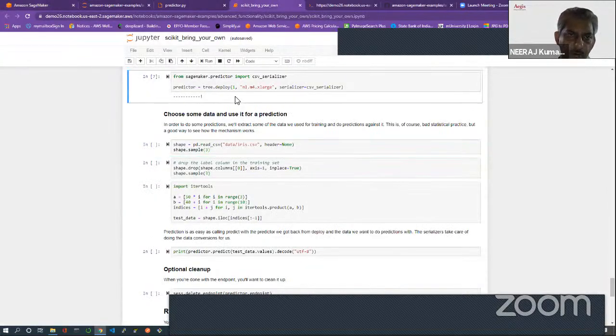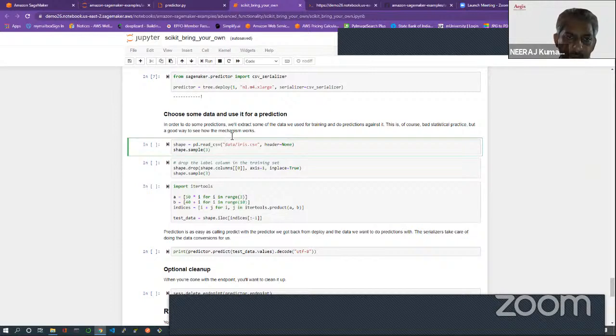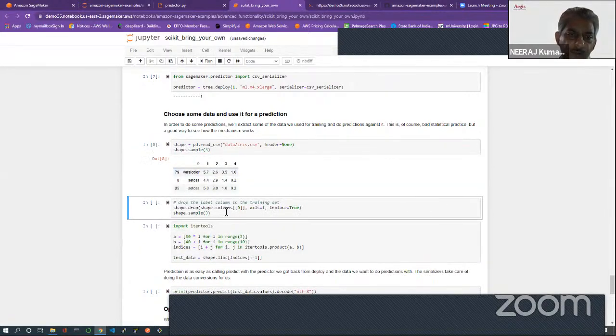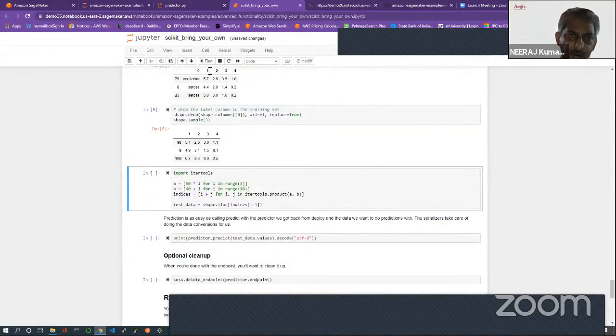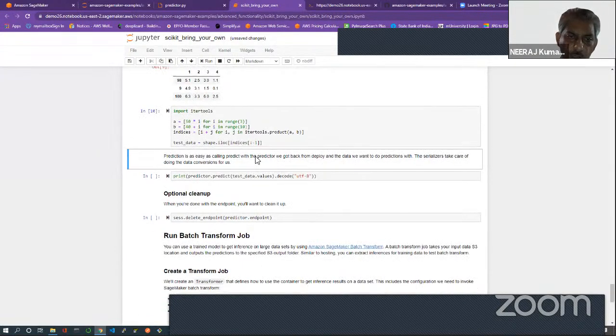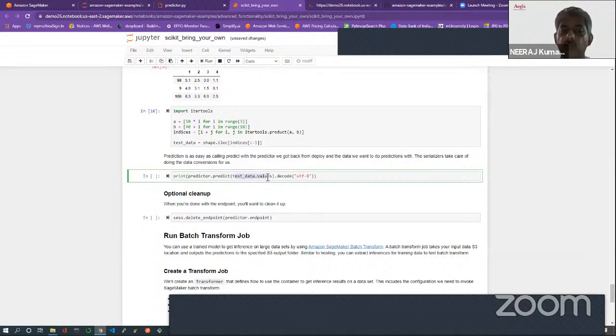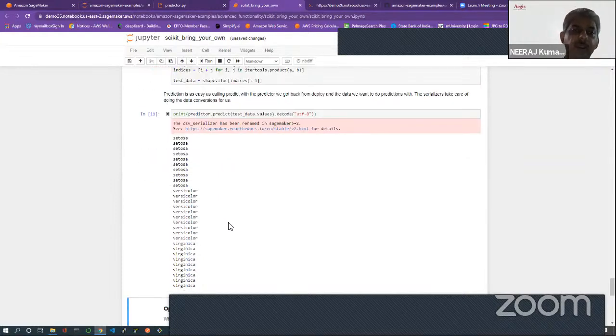Now it is done. Right? So now I am just mimicking. I am creating dummy data, which I will use to see the instant inference. I run this cell. This is just simple Python code, and now I am calling this function predictor.predict, and I am providing this test data as an input. Right? Same thing you will do in your client application. When I run this, it will give me some prediction. See, it's giving me the prediction now.